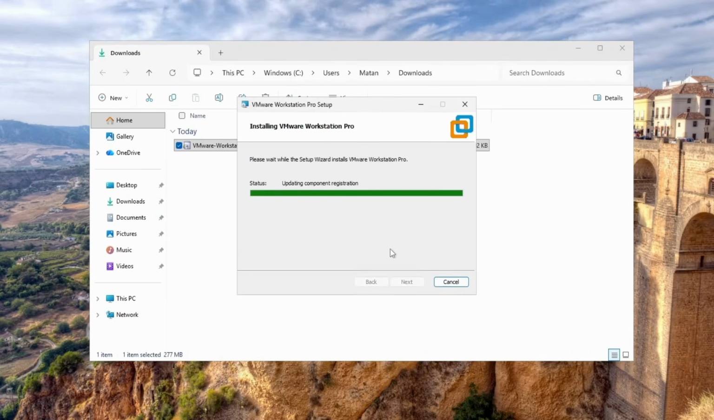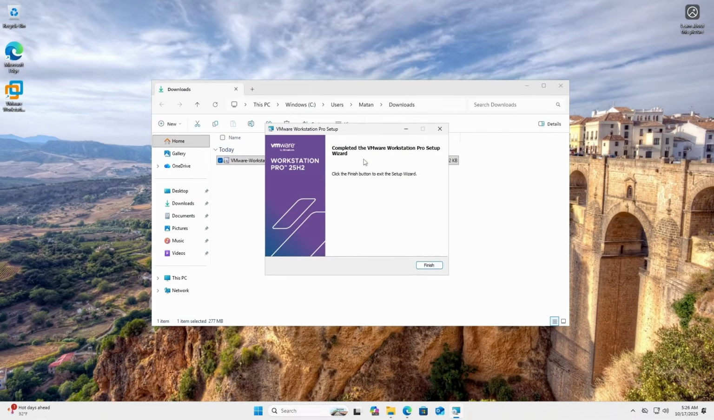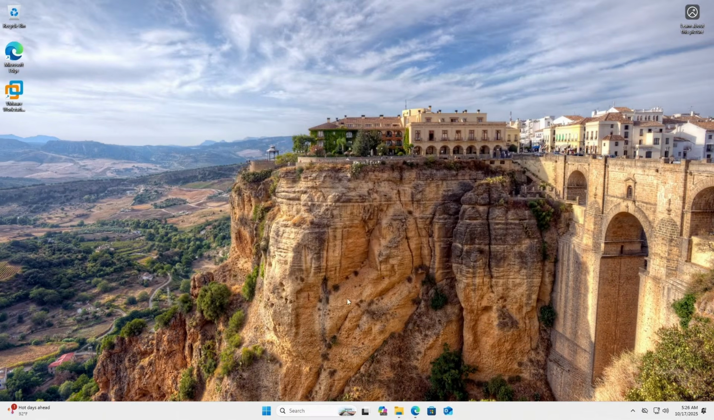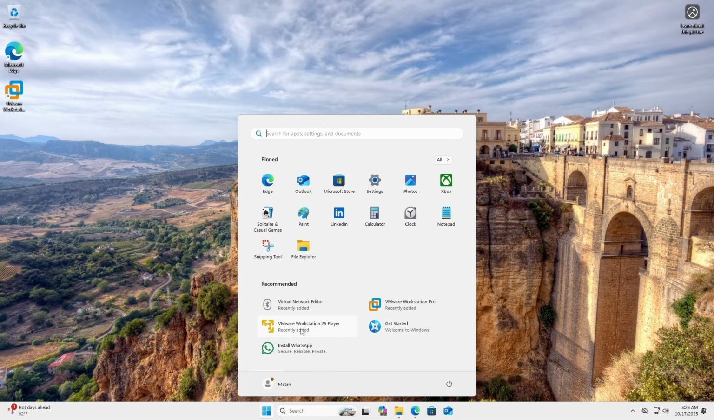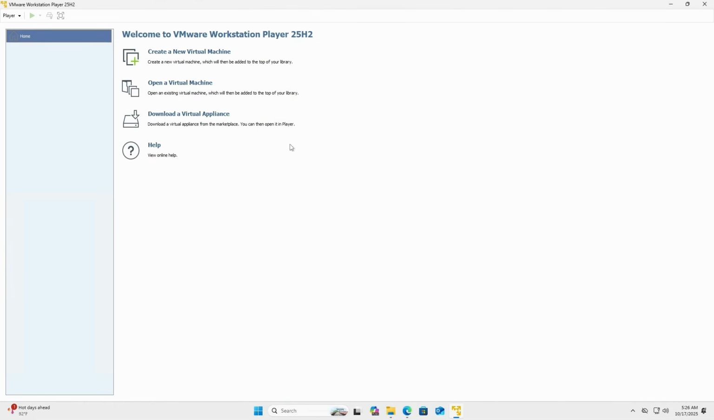And VMware is actually being installed now. And this installation takes a minute or two, a few minutes. Okay, and it completed installing Workstation Pro. Let's click on Finish. If we now click on the Windows Start menu, you can see here VMware Workstation 25 player. Let's click on it, and VMware Workstation is now installed, and we can start creating our new virtual